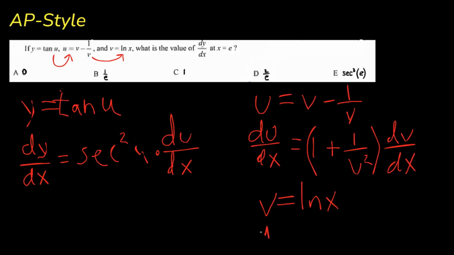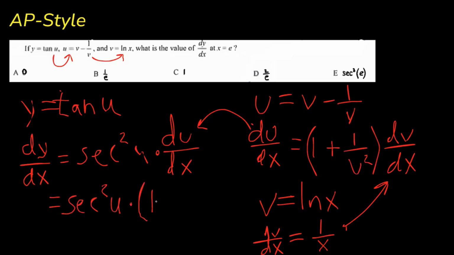So dv/dx is equal to 1 over x. So here's what we have to do. We have to back substitute the 1 over x in for dv/dx and the du/dx in for du/dx. So this is going to be secant squared times 1 plus 1 over v squared